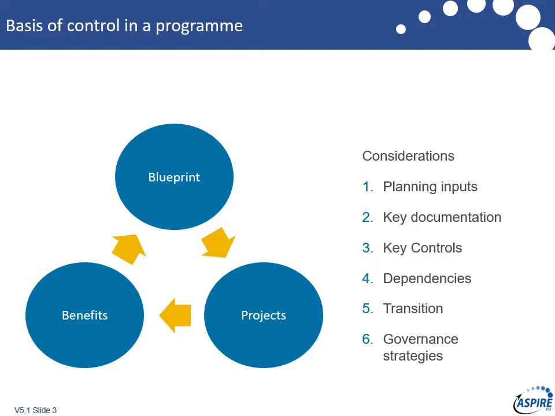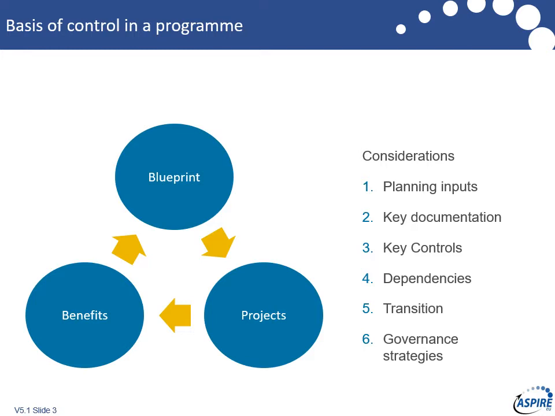In the program world, it's slightly different, and we should be thinking in terms of the blueprint, which is our target operating model and the definition of all the outcomes we need to deliver, the projects, which are basically our costs of getting there, and the benefits, which are the reason for going. Now, those three things need to hang together under the control mechanisms, because if there's a change in a project that affects the outcome, which is defined in the blueprint, that could undermine the benefit. Equally, if somebody says we need more benefits, it will change the outcomes, which means the project scopes will have to change. So those are the three bases of control in a program,